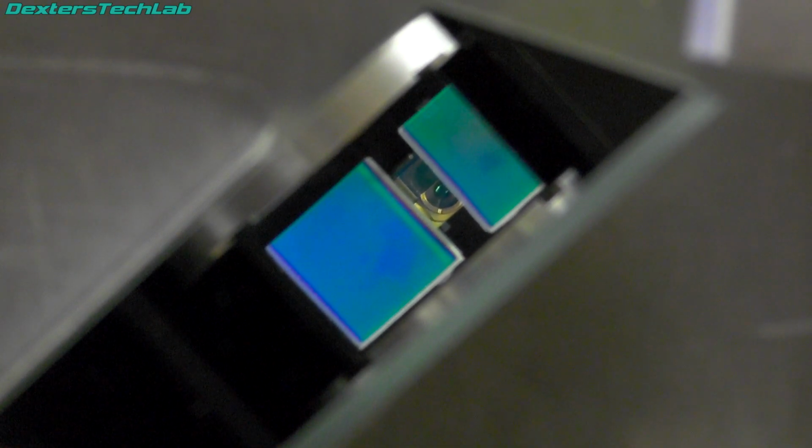So if I just put a bit of paper in front, there we go. So that's just going in front of those two mirrors. Now right in between them you can see the actual laser. Now I have to be very gentle moving the mirror around here, and it doesn't want to stay exactly where I want it. Let's try another position. It always wants to go slightly out of position, so I'm probably going to have to hold it. So there, right in the middle, between those two mirrors, you can see the output windows of the actual